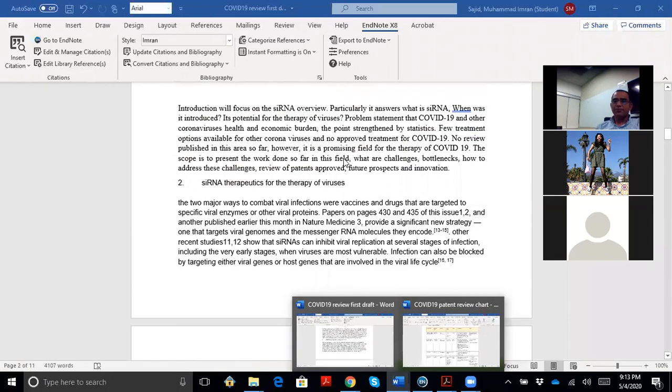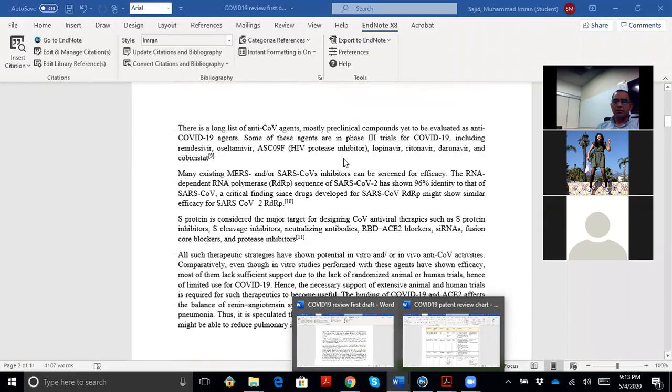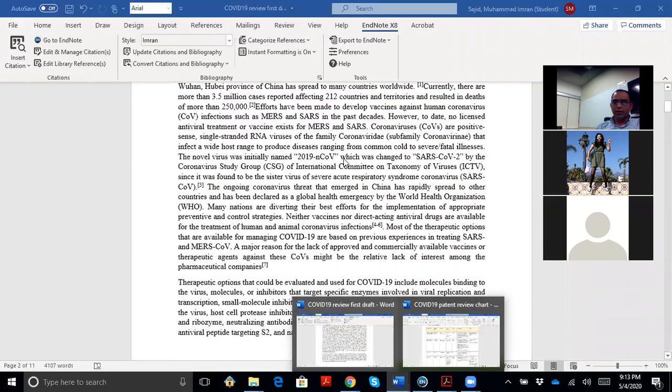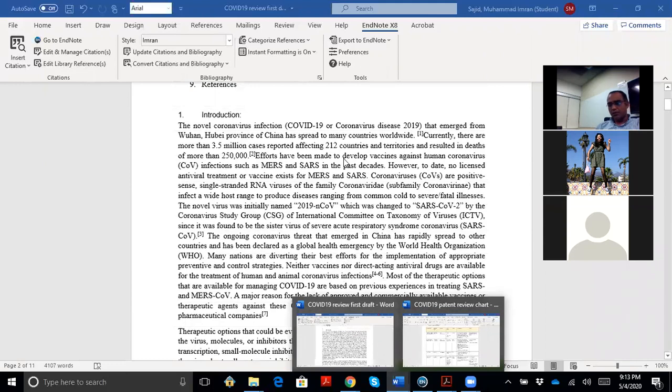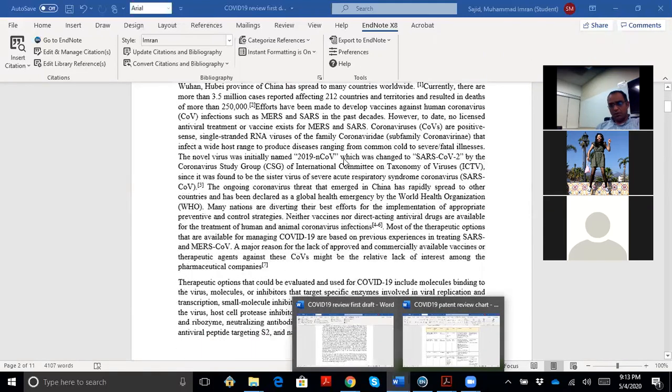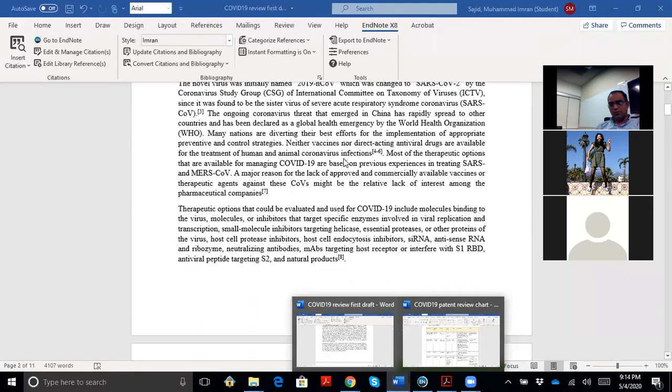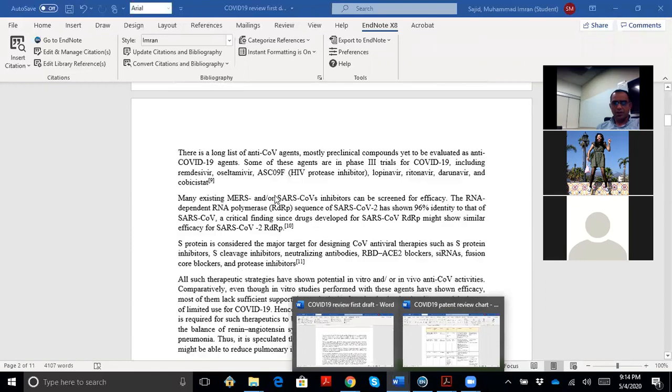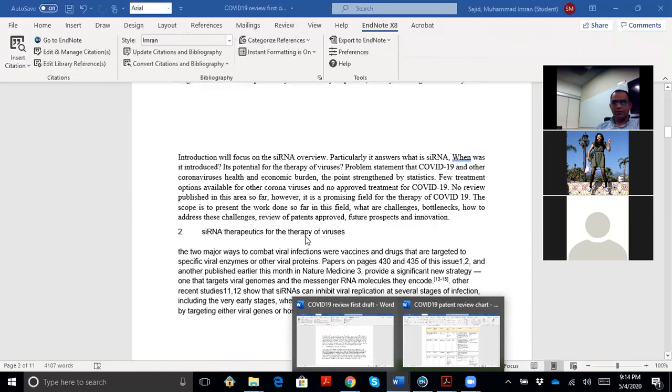But if you have something concrete regarding this review or the outline, you can just tell me. My timeline was to finish this, but then I realized that I have to study a lot about the new topic, which is siRNA for the therapy of viruses collectively.